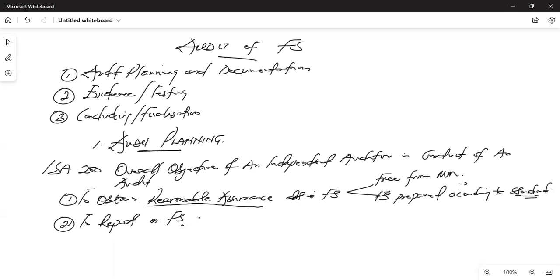Now, in our very first lecture, I quite remember I mentioned to you that for the auditor to be able to achieve these two objectives, ethics has to come into play. We need to know the ethical regulations so that you can comply with the relevant ethical requirements. At number 2, we also said that to be able to achieve this objective, the auditor needs to practice what we call professional skepticism.